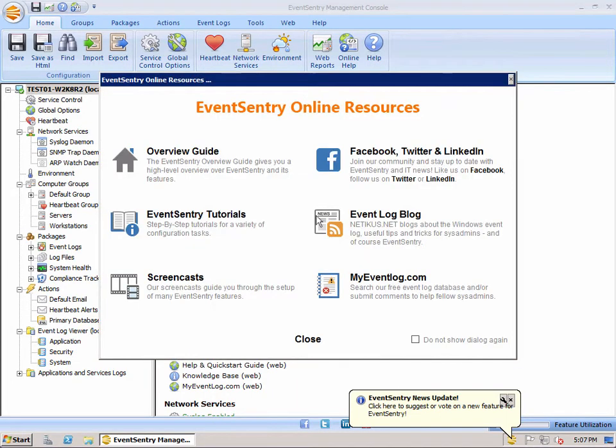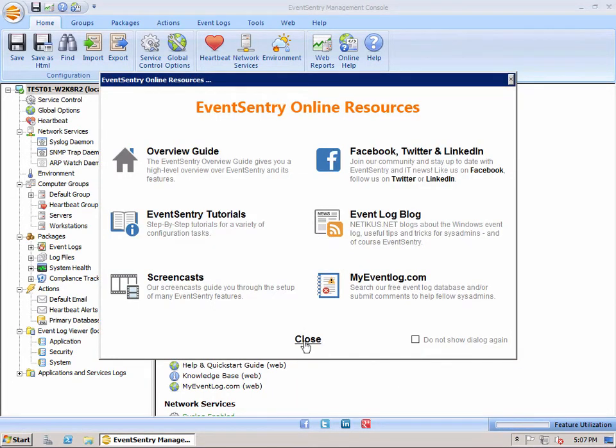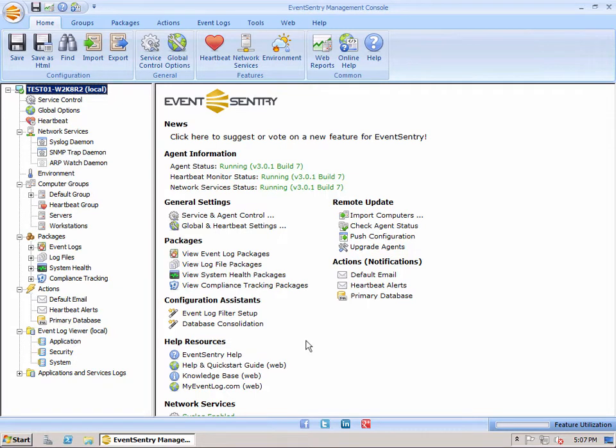So here we're running, we've got the online resources. We're going to close this for now. But EventSentry is now installed on this computer. Management console is all set up with the default settings. And to finish up, we're going to look at the web reports real quick. I've got a few buttons here. We've got a button here and a button up there in the quick access area. So we're going to open the web reports,